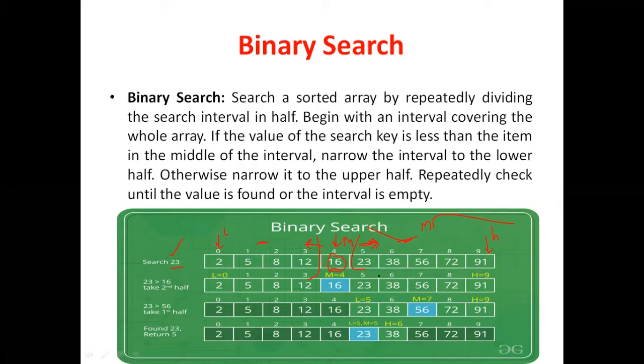So if I work on this part, my high will be the same, high stays where it is, but our low value is at the 0th position, so our low value will change. So low will become mid plus 1. If I do mid plus 1, then in my new array my low value will come here.